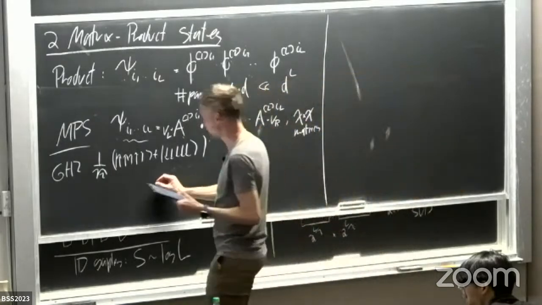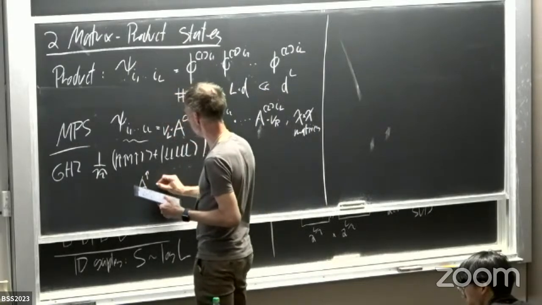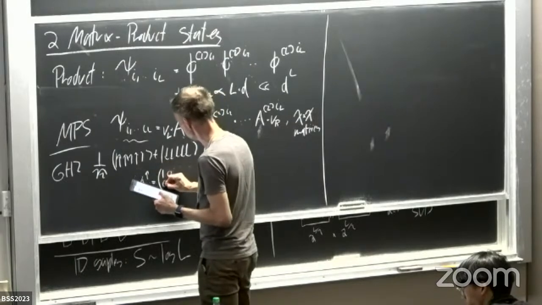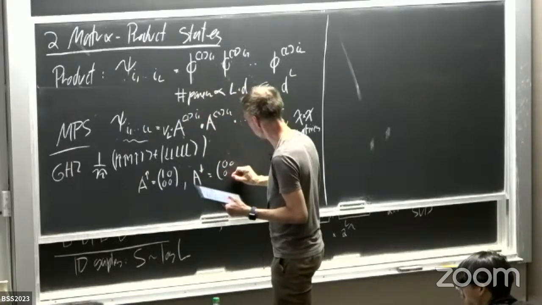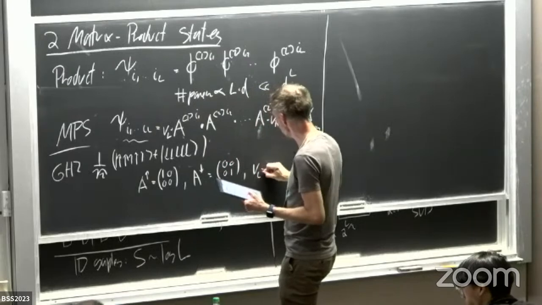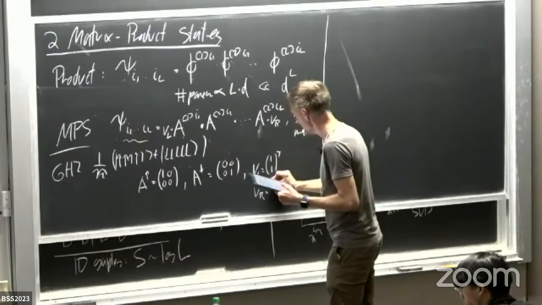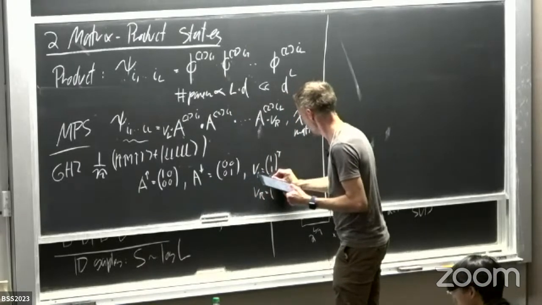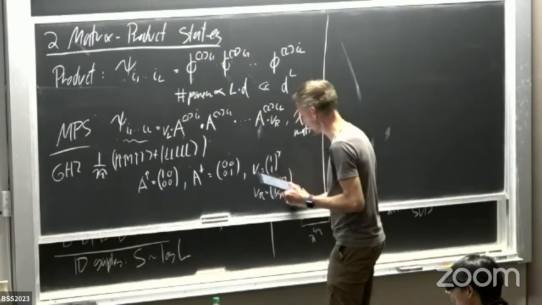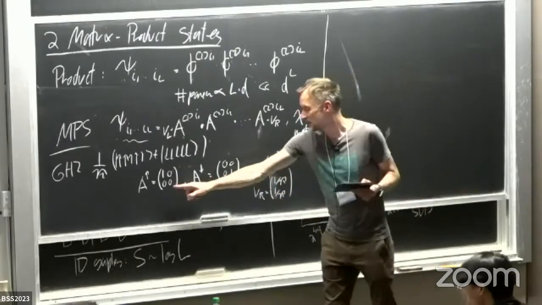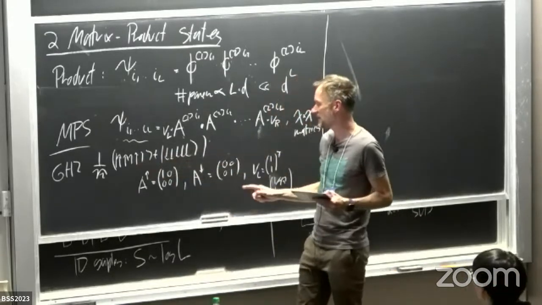But this is a state that we can easily and exactly represent in terms of a matrix product state. In particular, I choose my matrices A up to be 1, 0, 0, 0, and A down to be 0, 0, 0, 1, and my vector VL to be 1, 1 transpose, and my V right to be 1 divided by square root of 2, 1 divided by square root of 2. You see that if you choose these matrices with these vectors, we exactly get this state, because you can easily check it.